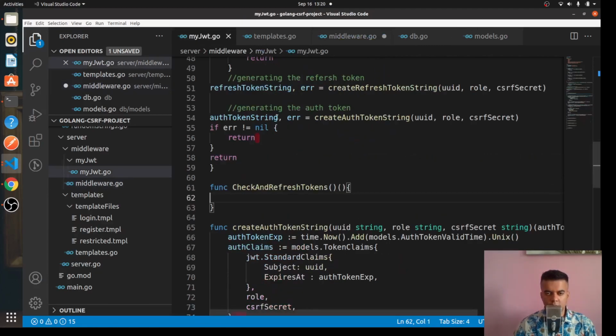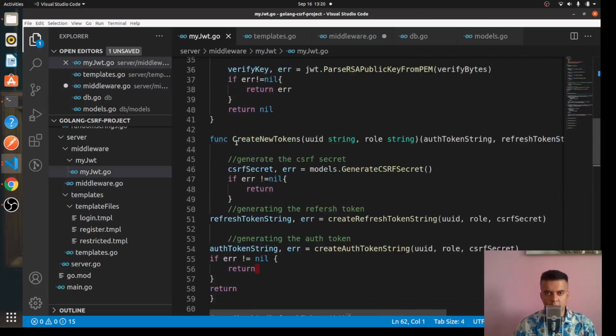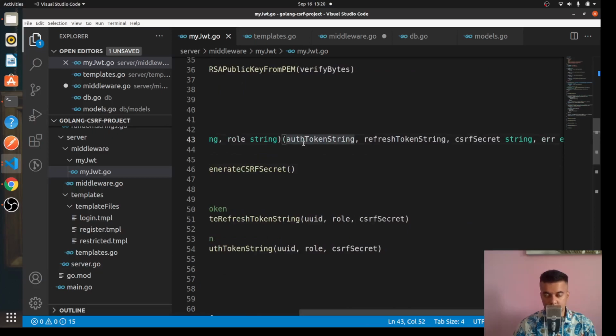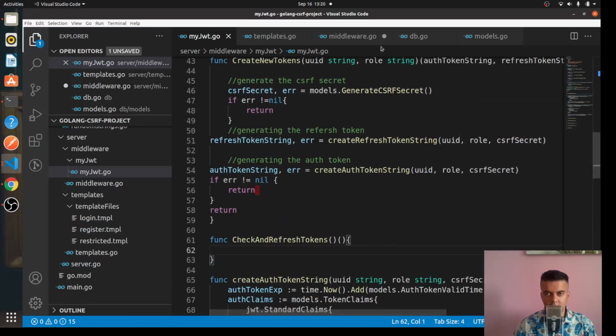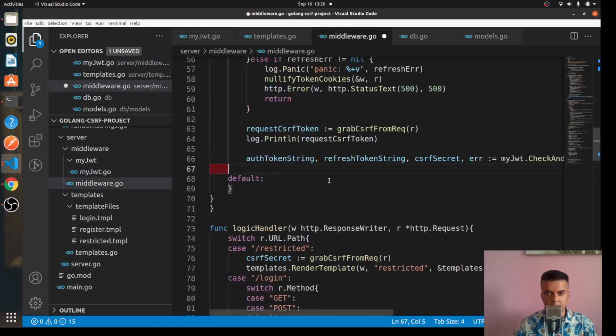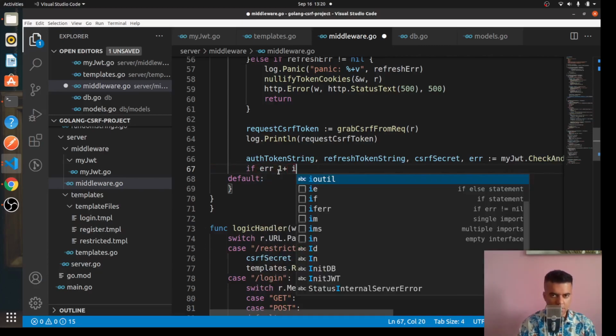And the reason for that is that this function, check and refresh tokens, is very similar to the create new tokens function, right? So create new tokens sends you back auth token, refresh token, CSRF secret and error. And similarly, check and refresh tokens is also going to do the same thing for you. So it's going to send you all these things. So now if there's an error, let's handle the error. So if error not equal to nil,